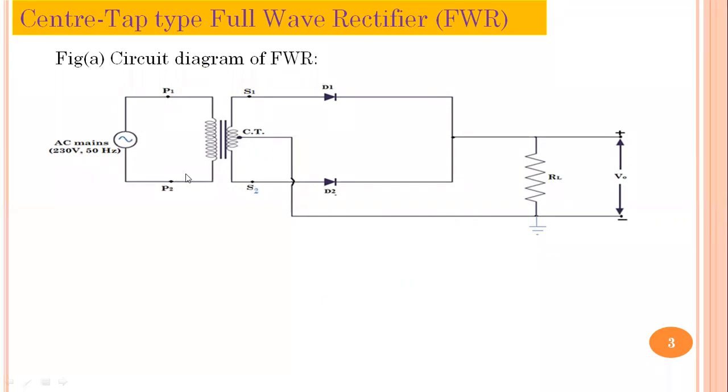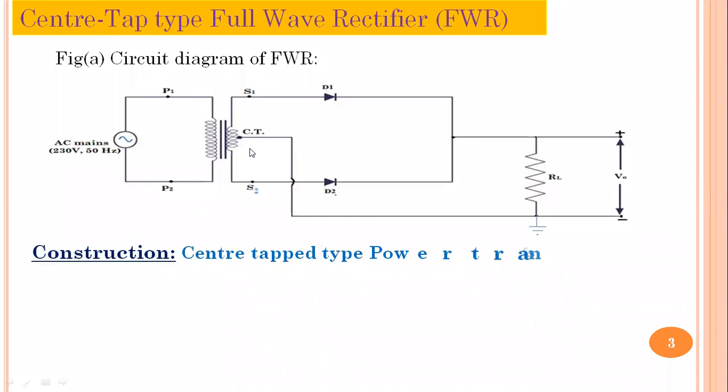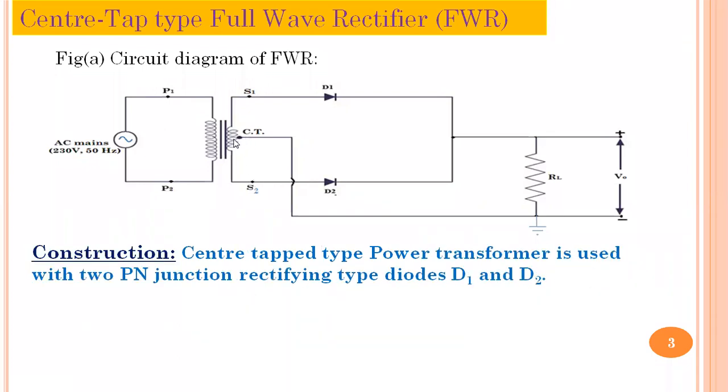But beside the two secondary terminals, here one more terminal is used on the second coil. It is used at the exact center of the number of turns of winding of the secondary. Therefore, it is called the center tap terminal, in short CT. So in all, there are three terminals S1, CT and S2. Across them, the rectifier circuit is constructed by using two diodes D1 and D2. Diode D1 is connected at secondary S1 and D2 is at S2.